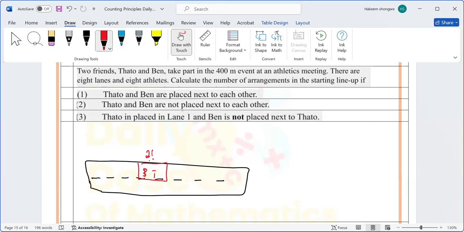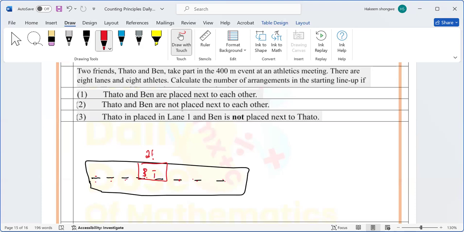Yes. But when we go inside the block, how many things do we still have to arrange inside the block? We have 1, 2, 3, 4, 5, 6, 7. Yes. All in all, we started with 8. We made, no, there's 7. How many things are still moving? Remember, Ben and Tato, they don't have to be here where I put them, but they just have to be together. They could be Ben and Tato here. They could be Ben and Tato here. So that is why I'm saying when we go inside, we count them as one. The only thing that we have changed is just to count them as one thing. But how many things do you still have to arrange? It's 1, 2, 3, 4, 5, 6, 7. So all in all, there are going to be 7 factorial ways in which we can arrange them.